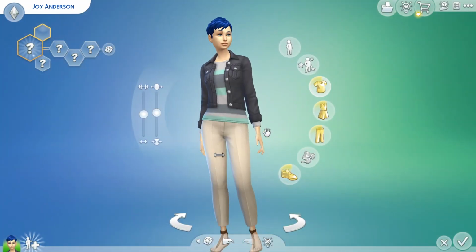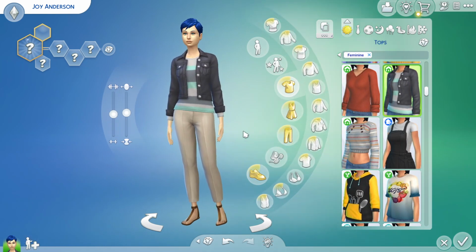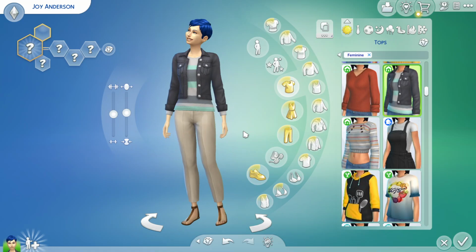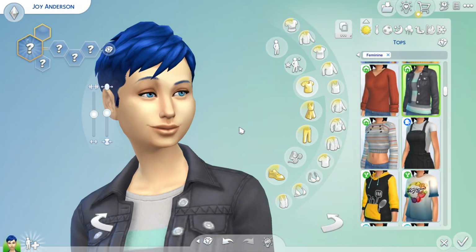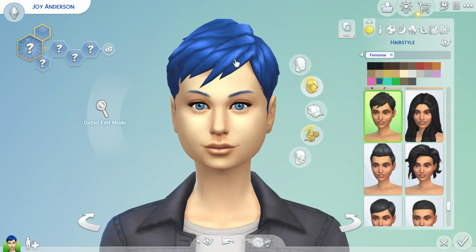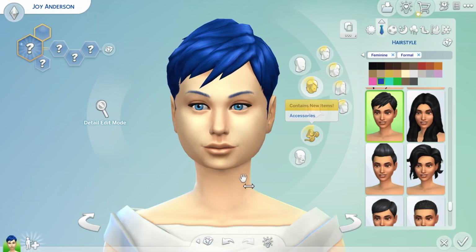Okay. Now we're gonna get into style. So for her everyday outfit, I'm just gonna go with the outfit that we see her in all the time because they don't really have outfit changes. And then for the other kinds of outfits, that's when I'm gonna be having a little bit more fun as far as hairstyle and clothing goes. So, well then, should I change the hair now? Probably should. Okay. So this is gonna be her everyday style, unless I change it to the other one that I kind of liked. As far as formal goes,